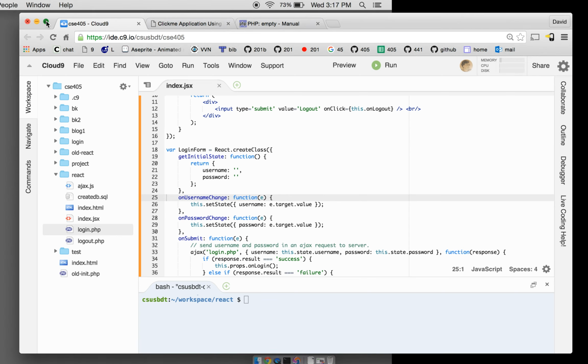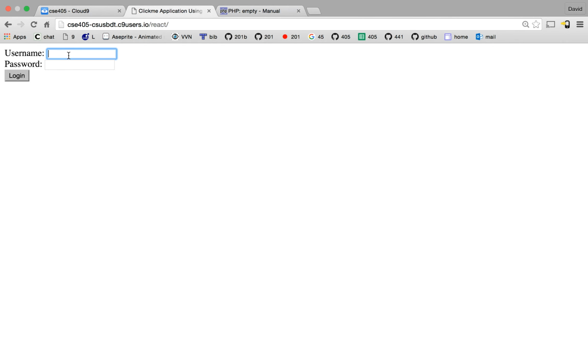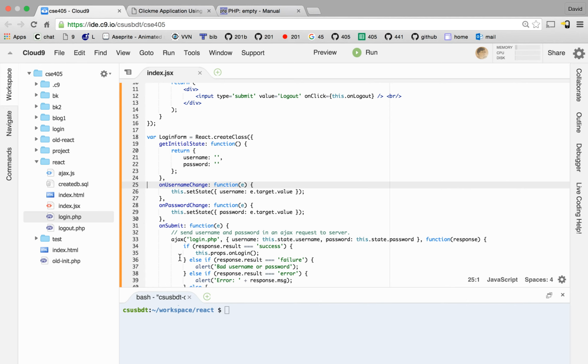So here we go again. Last time we got the login form working, so I can log in as Alice1234. I can log out, and I'm going to make this login form